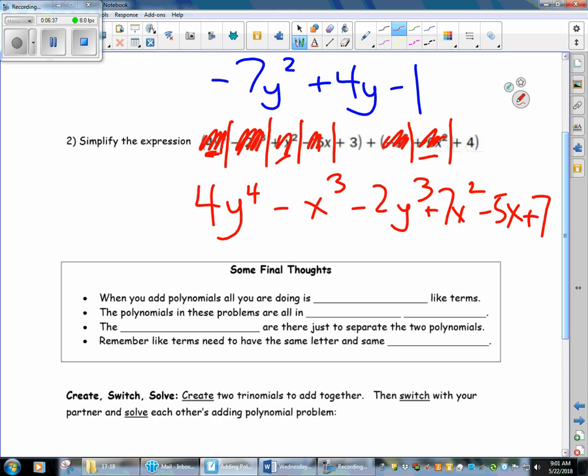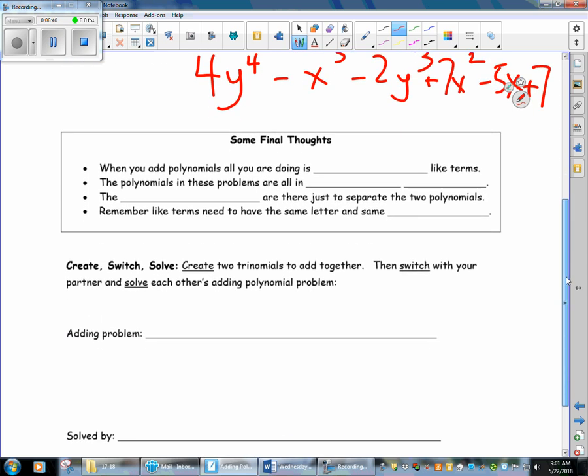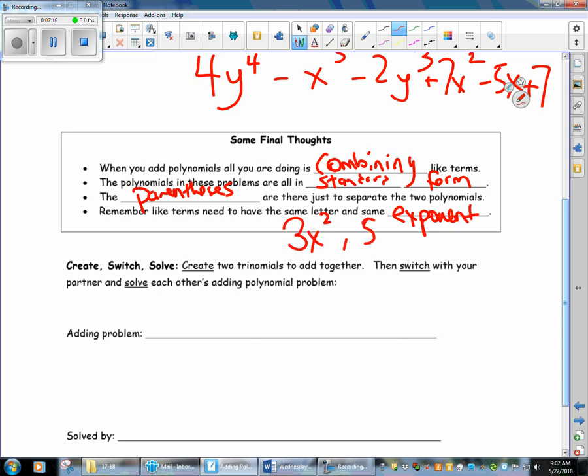I have some final thoughts here for you guys. When you add polynomials, all you're doing is combining like terms. The polynomials in these problems are all in standard form, which is awesome for us because then we can find which one has the biggest degree right away. The parentheses are there to just separate the 2 polynomials. And remember, like terms need to have the same letter and the same exponent. What I mean by that is 3x squared does not go with 5x. They are not like